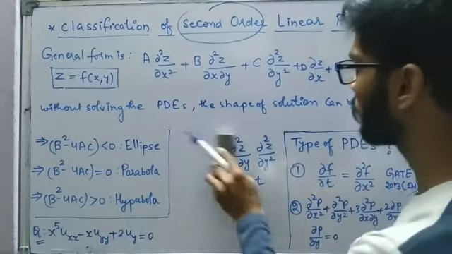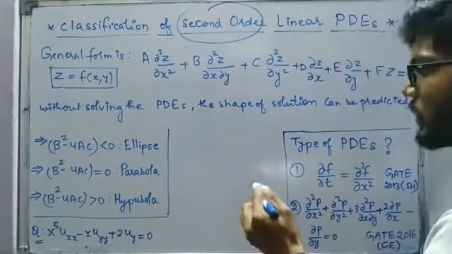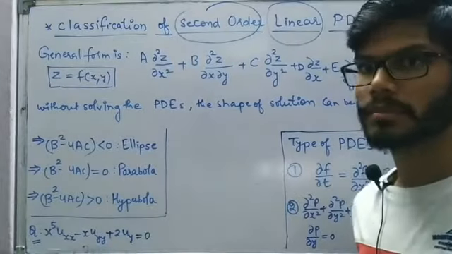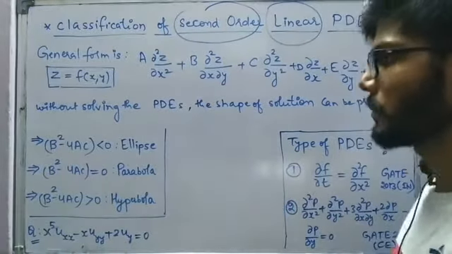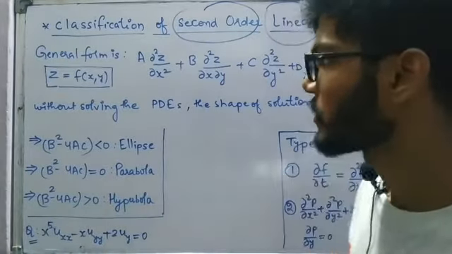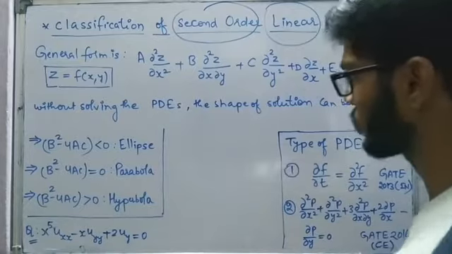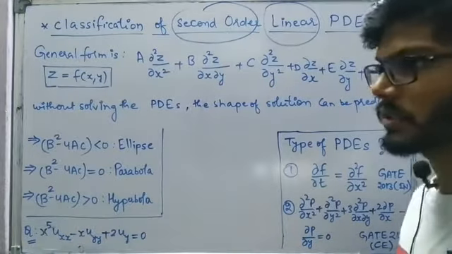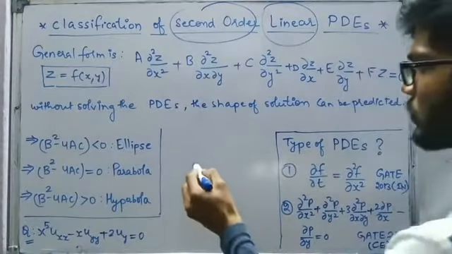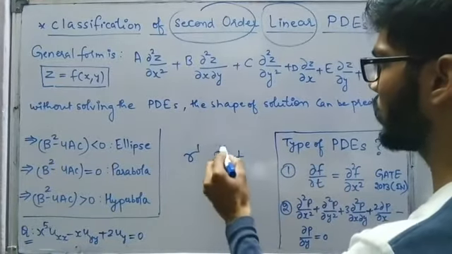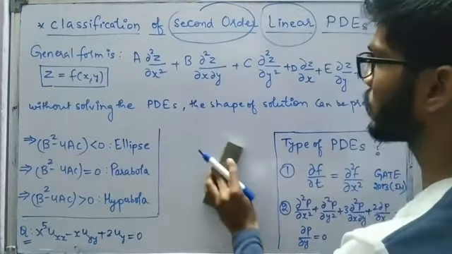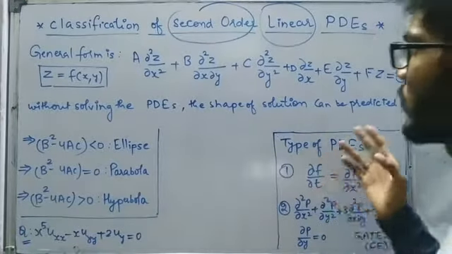And why linear? Because whenever you encounter the term linear, the power of the maximum order term is going to be 1. The power of the maximum order term is nothing but the degree, and the degree tells us whether the equation is linear or non-linear. If the degree is 1, we call the equation linear, and if the degree is greater than 1, the equation is non-linear. So the degrees of r, s and t are 1 only, not more than 1. That's why we call it a second order linear partial differential equation.